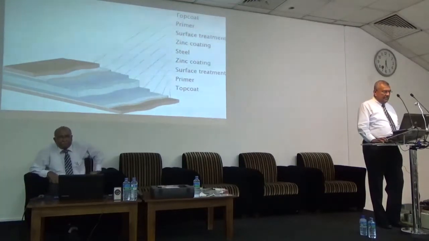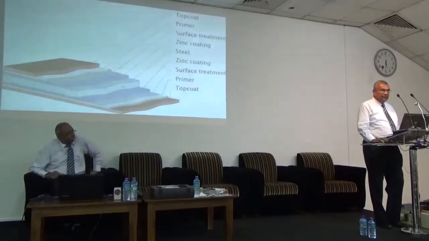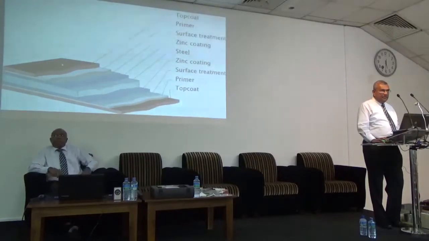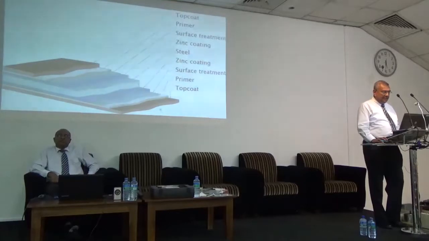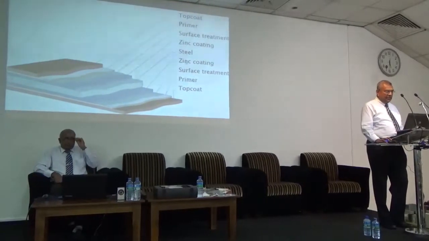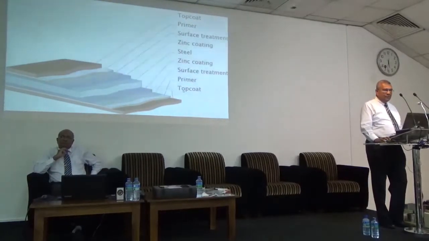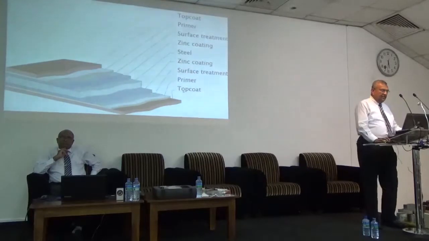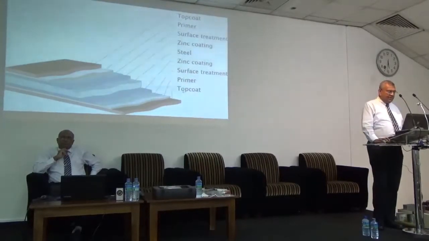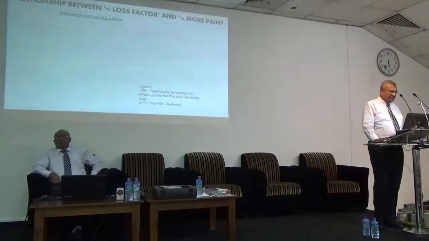Now this is a steel plate. So that is stated top side and the bottom side. Usually the first thing is there is zinc coating there. Then there is a preparation. Then the primer and a top coat. So it's a two coat paint system over galvanized. So this is one kind of painting picture.